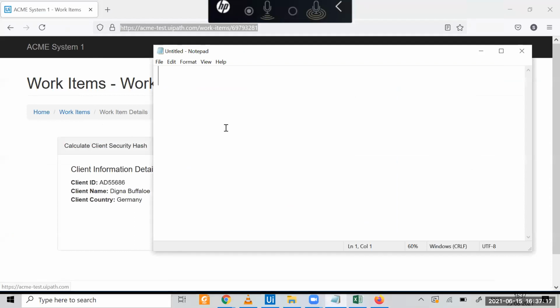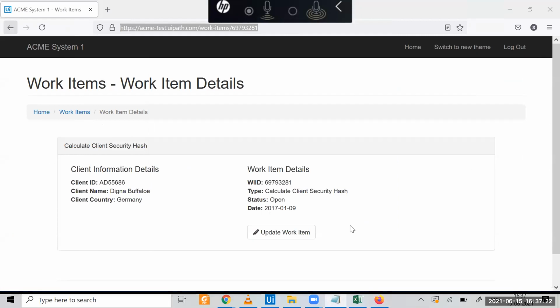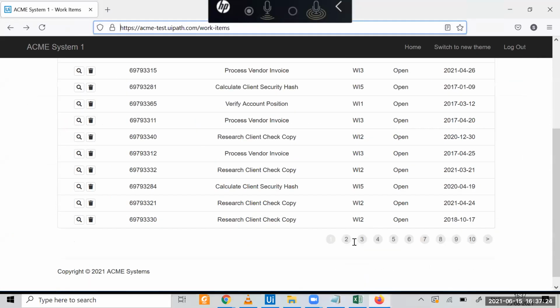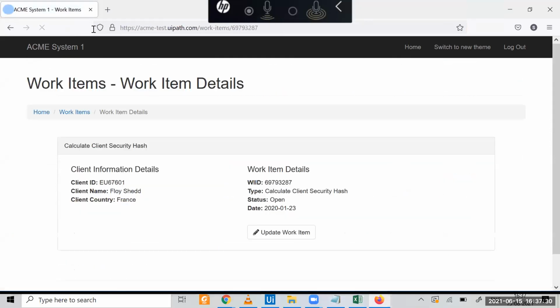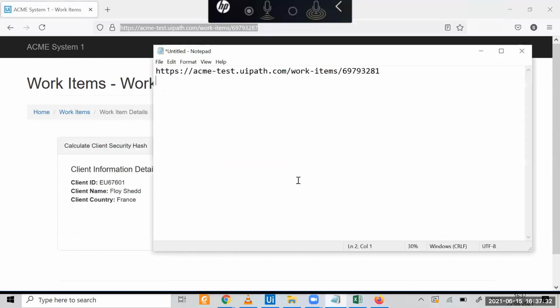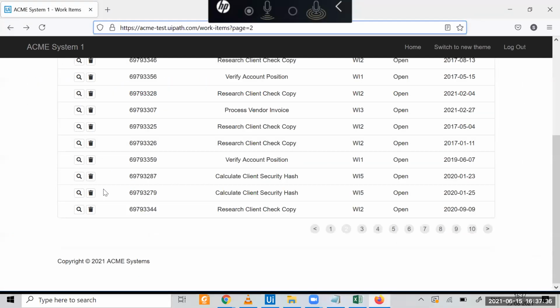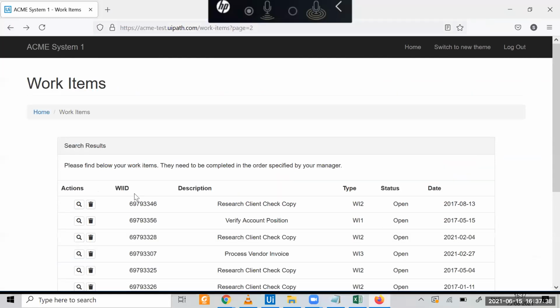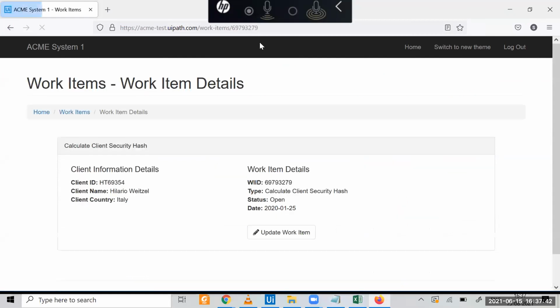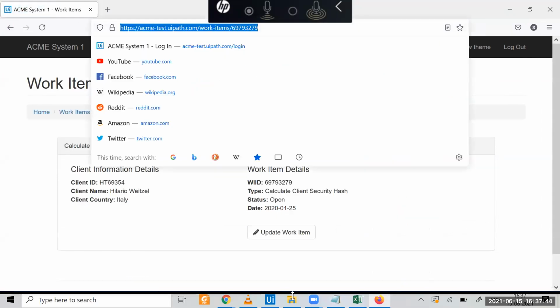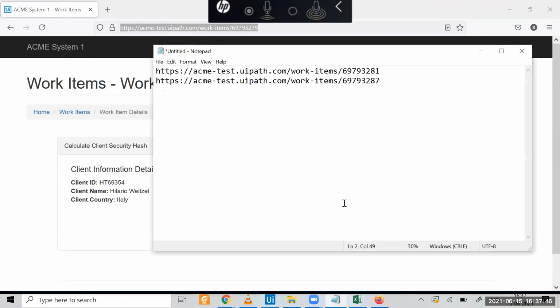So this is the work item of one WI5, right? Next, suppose search. So this is the URL of another one. Let's see another one. This is the URL of another one.